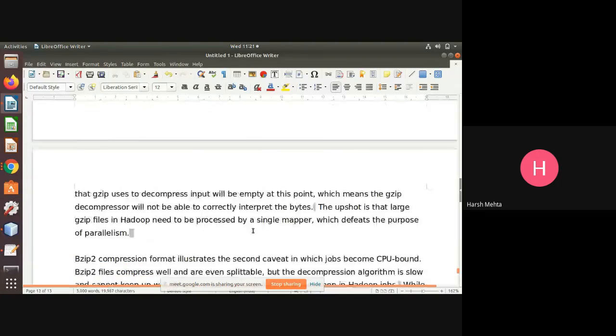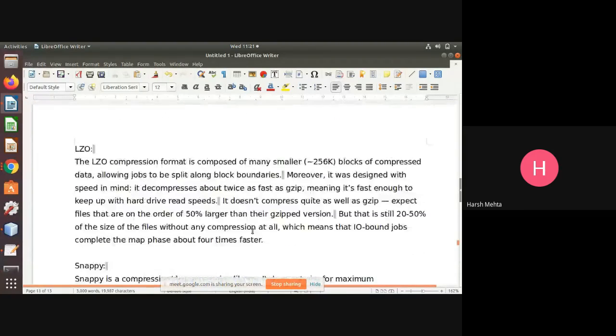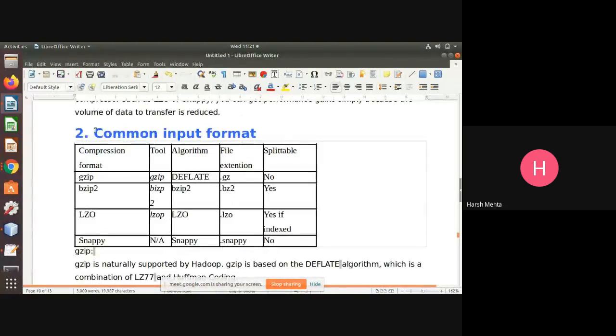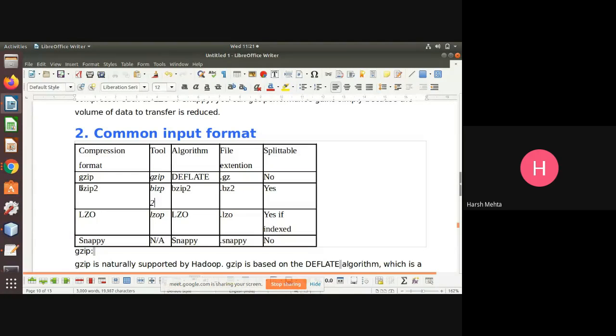So what we have covered once again, in summary, is compression ratio. It's very important in Hadoop. Some compressions are splittable. That means with a mapper, it splits the data and we can have faster processing. Some compressions are not splittable, but they are faster. So what to use and what not to use depends on our data.